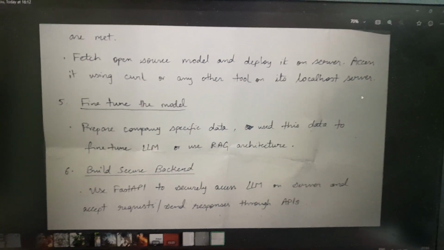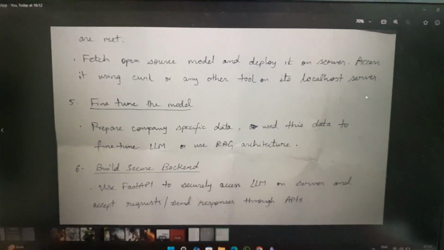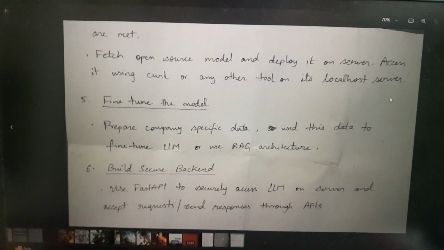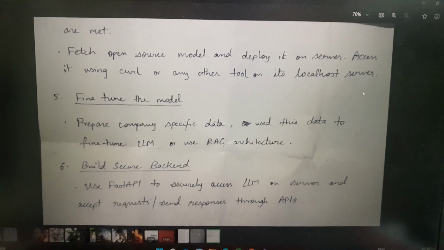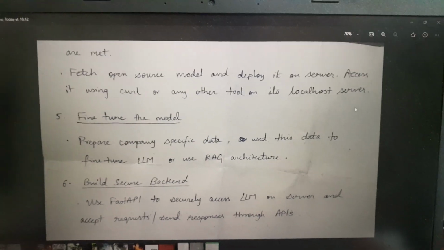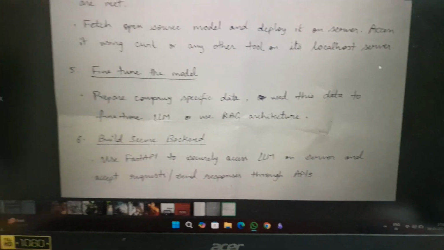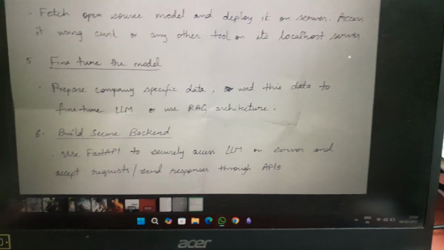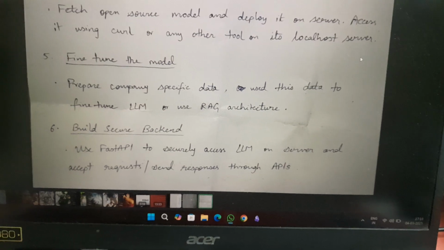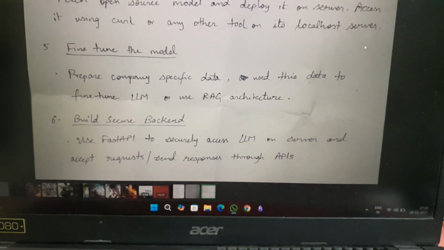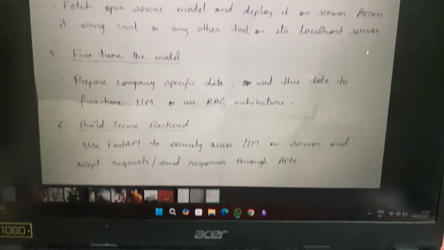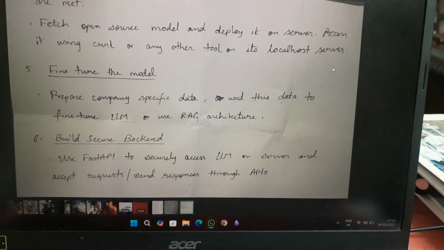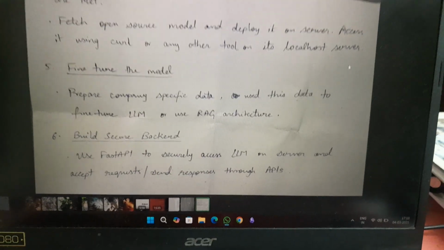This is the basic LLM setup till now, and the fifth step is to fine tune the model. We can use RAG architecture, or directly we can train the LLM, fine tune it based on the company specific data. Secure backend. We have to follow security measures while accepting requests and sending responses through APIs. This is where reverse proxy helps a lot. It encrypts the URLs, requests and responses also,